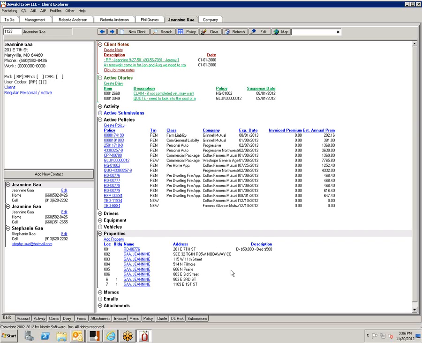Any help we could get with Janine would be useful. She's a problem child sometimes. Do you think this would help? Probably, yeah, to find a certain policy. Because once the policy's written, hopefully it doesn't change that often. So the policy number associated with the street address would probably not change.